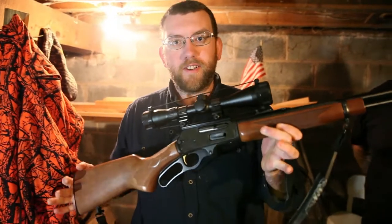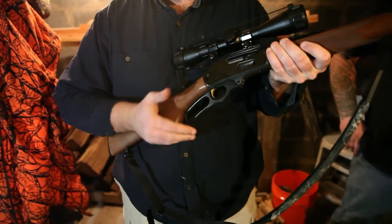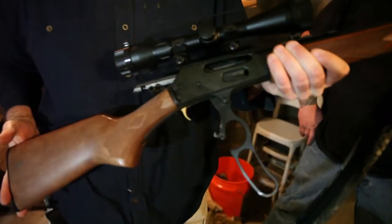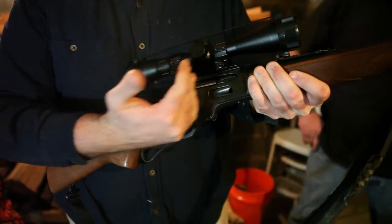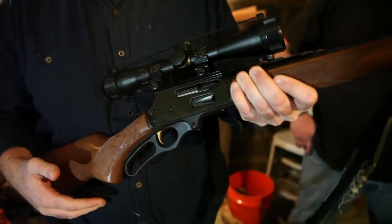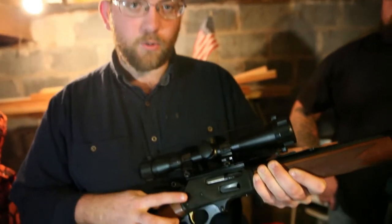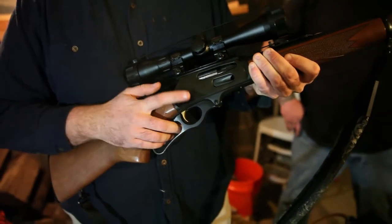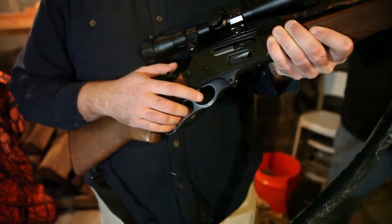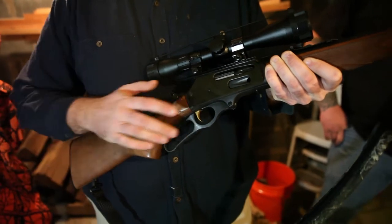Alright, this is a Marlin 30-30 Model 336. How it works is lever action, so when you drop the lever, the bolt comes back, cocking the hammer, pulling it back up, brings the bolt in battery, and now it is ready to fire. If you pull the trigger, the hammer comes down. Now this has a cross bolt safety, which is right here, so you would have to push this in for it to fire. These were put in at some point during the 80s, so if you were buying an older Marlin, it may not have that feature,